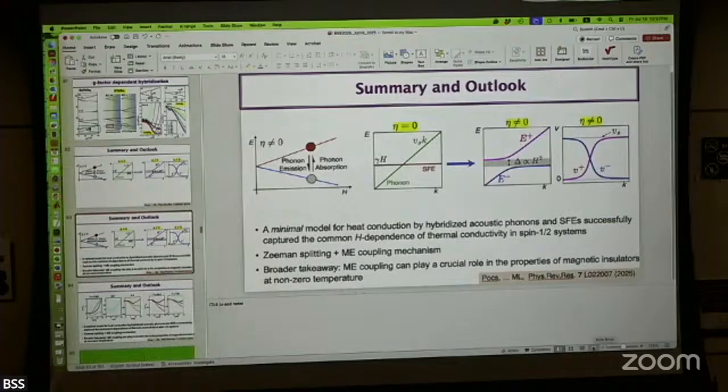In here, this band becomes more and more important. The upper band becomes high energy, and this band has a large region of the K-space particles contributing to all the heat conduction. Suddenly a lot of particles start conducting, and that's why it's increasing at higher fields. Because of those two behaviors, you have to have a minimum. One is decreasing, then eventually at higher field it has to increase, so you end up having a minimum.